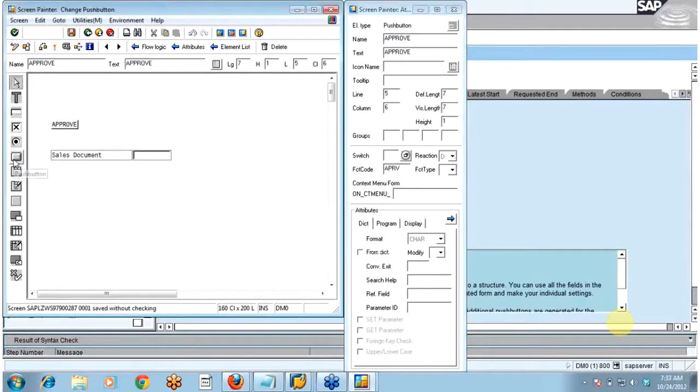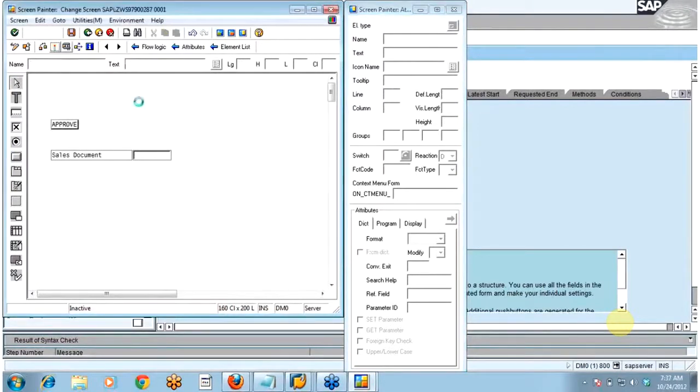I have selected this push button and created one button over here. I have given this function code because if I don't give it, I won't be able to write the code for this particular button. If you want to write some logic for this button, you need to give this function code. So just remember this function code because we will be using it in the code.